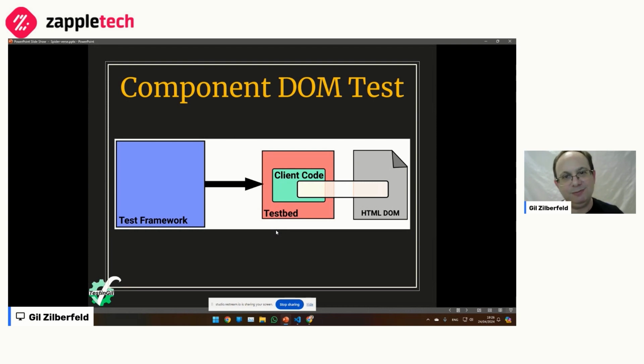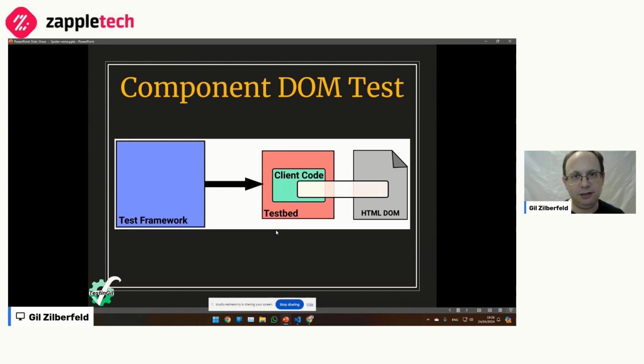Once you pass build time in production, you won't see that component in the code. So the idea is that we take this component that really translates into partial HTML, and we need to give it a container, otherwise it won't render. So when we're testing this, we're testing inside something that we call a test bed. Now, in Angular testing, it actually is called a test bed, but it's mainly a container.